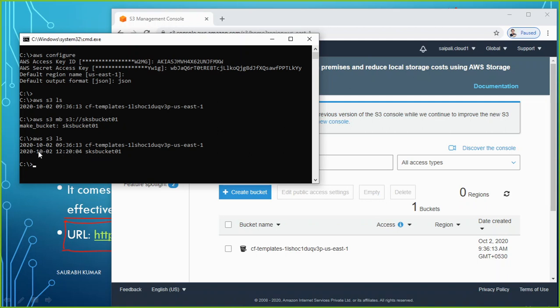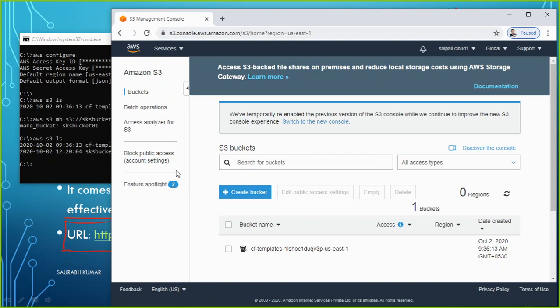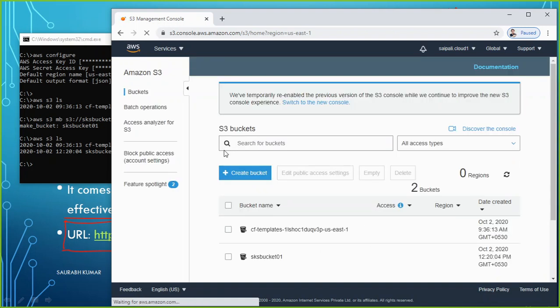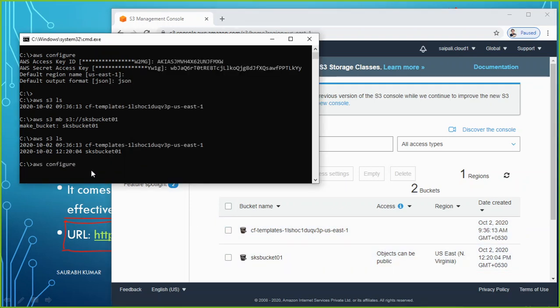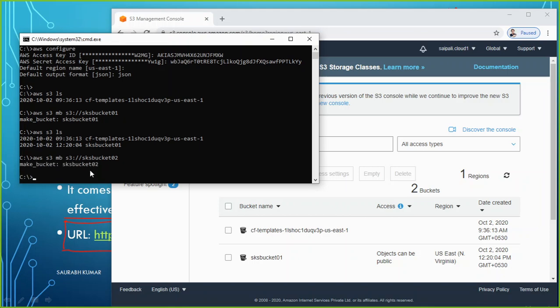So I hope you have understood now how good or bad it is. Next we can check, just to verify from the graphic console. Let's just refresh and we check how many buckets it is now going to show me. You see here, exactly the same task that we did here, it happened here. If you want to create one more bucket, simply use the same command. What was the command to create the bucket? aws s3 mb s3:// and the bucket name. Maybe I create this second bucket, that is SKS bucket 02. Hit enter. So now the next bucket is going to be created, that is SKS bucket 02. If I want to list, this is the command: aws s3 ls.